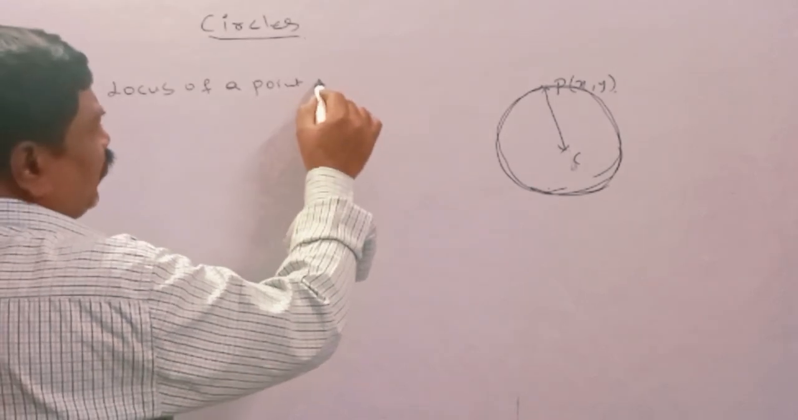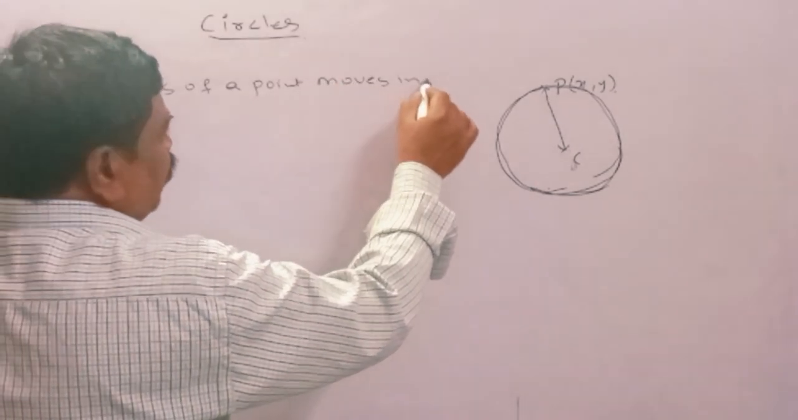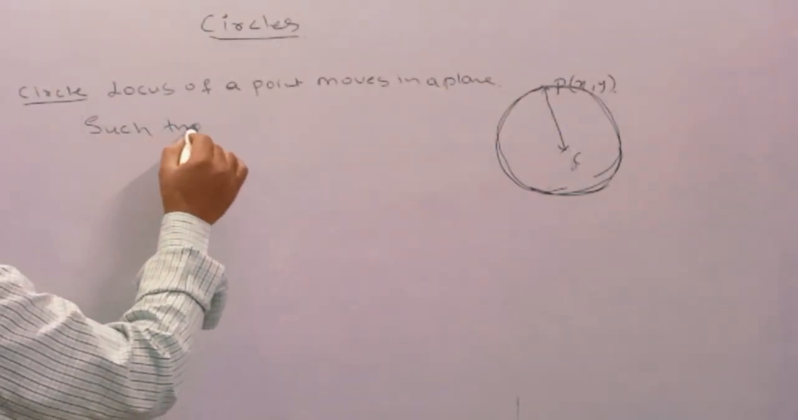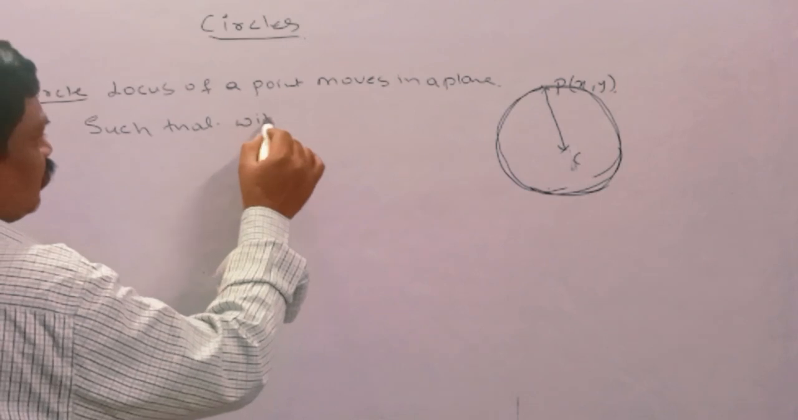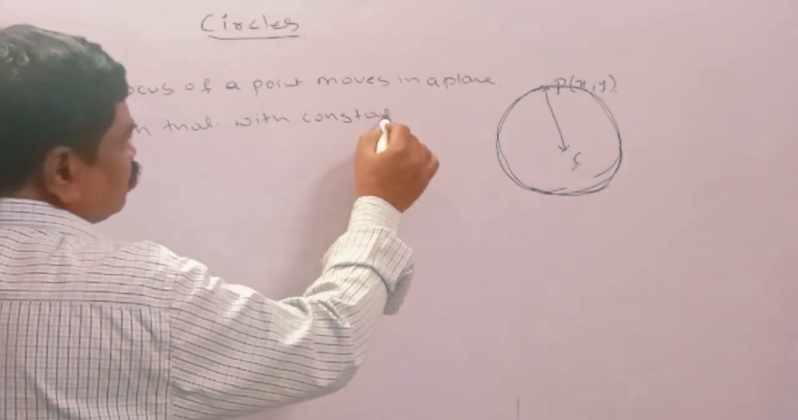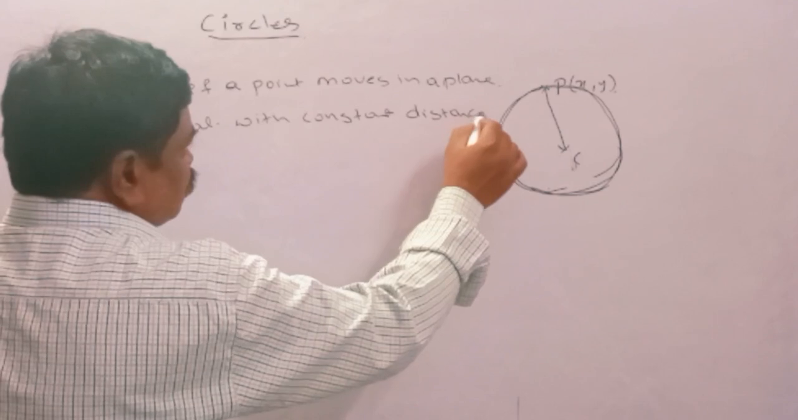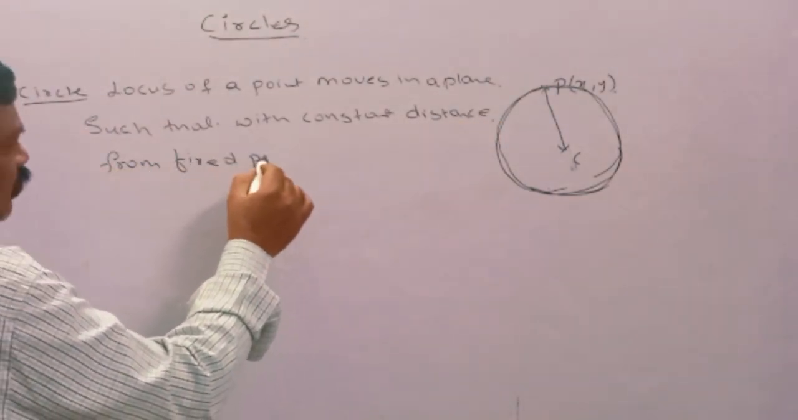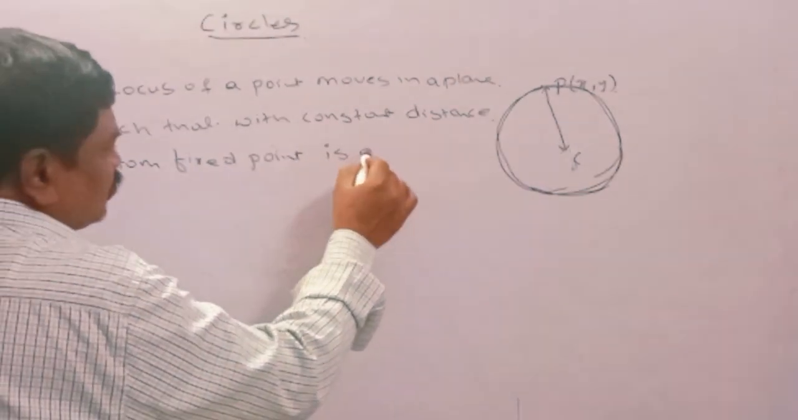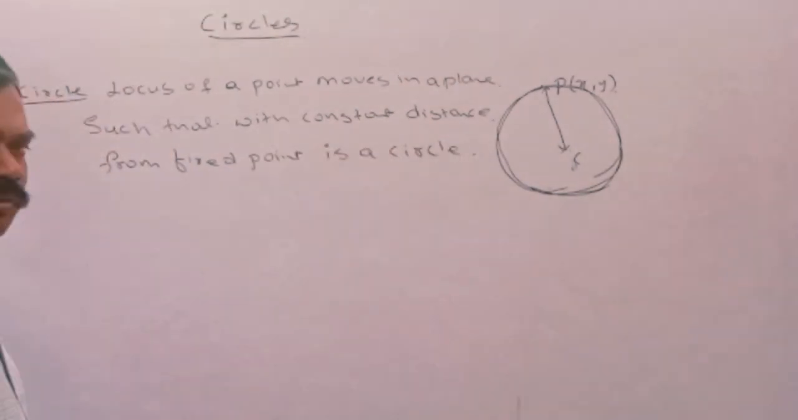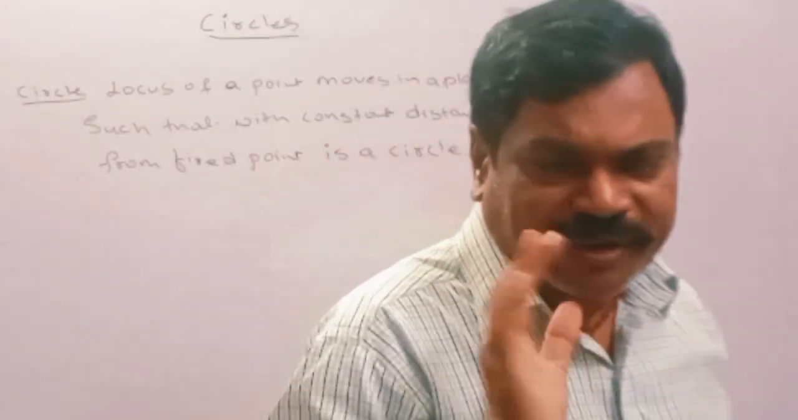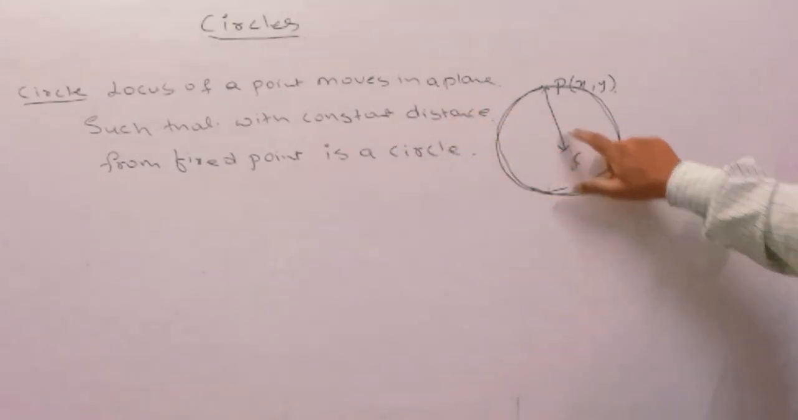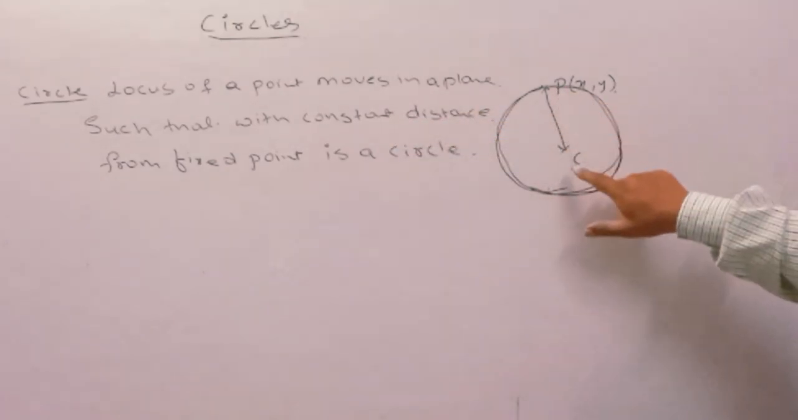The locus of a point that moves in a plane such that it stays at a constant distance from a fixed point is a circle. Okay, all of you. Locus of a point: it moves in a plane such that with constant distance from a fixed point